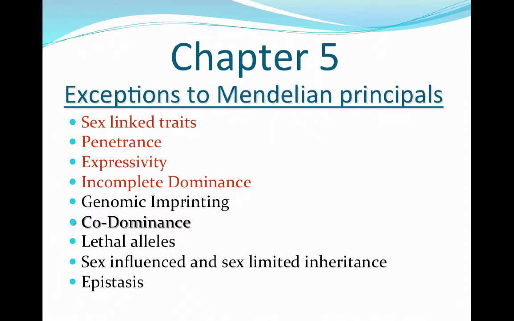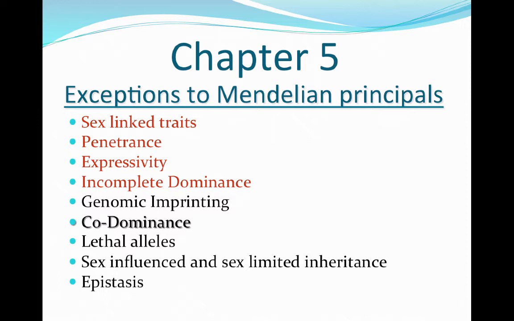Chapter 5 is our last chapter of transmission genetics before we jump into Chapter 25, which is population genetics. So this chapter really looks at the exceptions to Mendel's original rules that we discussed in Chapter 3 and then expanded on in Chapter 4. So the first